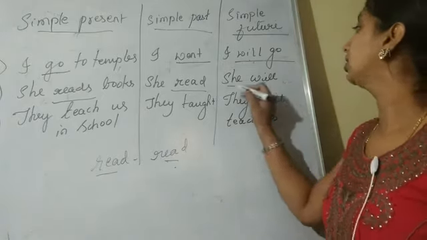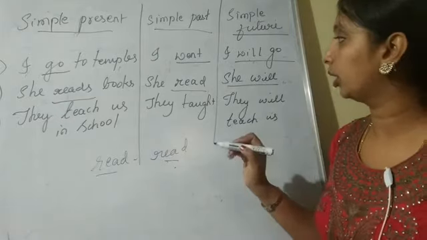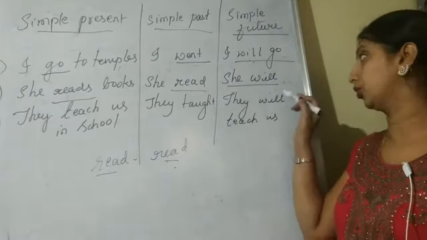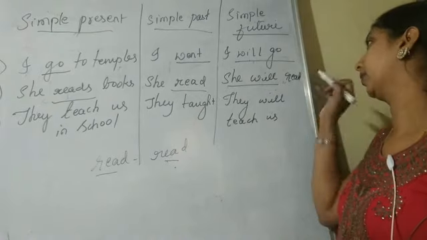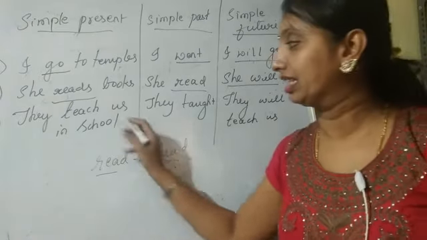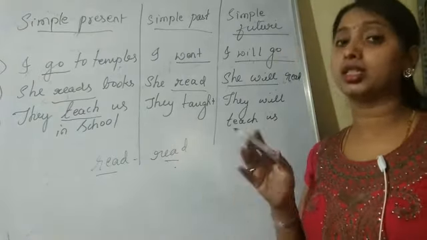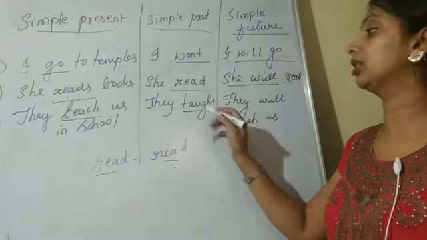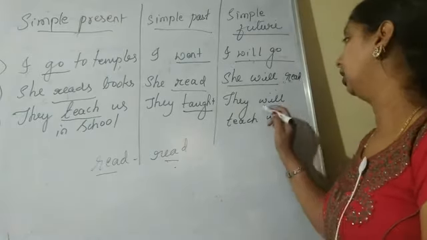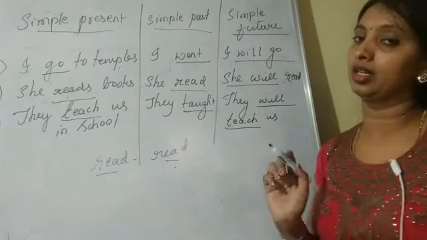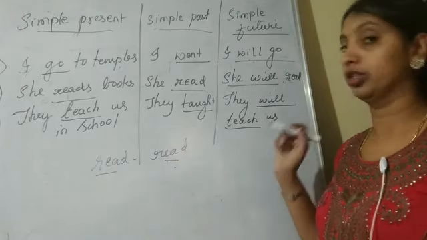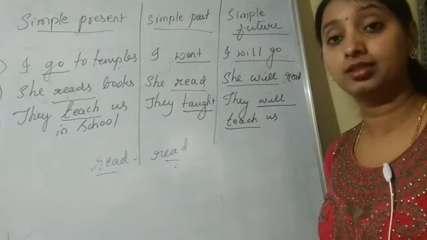Then, she will read books is for future. Next one. They teach us in school. Teach is the present form. They taught us in school is the past form. They will teach us in school is a future form. So these are the first three